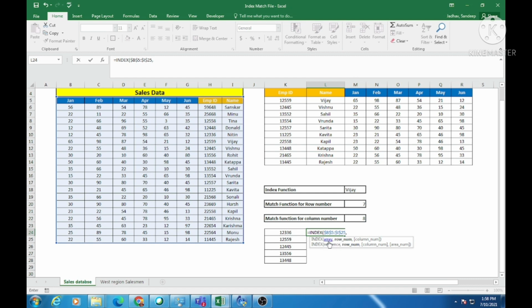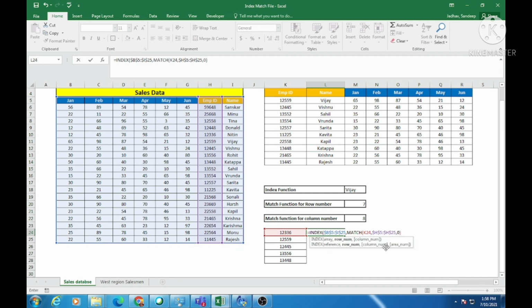Now for this particular employee ID, what is the row number? For that I will be using the match function. Match tab, lookup value is this. I will not lock this because I want to copy the formula from top to bottom but not left to right, comma. Lookup array: where is my employee ID falling? In this particular column only. Match function takes only a column, so I will select only the column for the employee IDs, and then select it again and lock it, then comma, exact value, so 0 for the match function is complete.